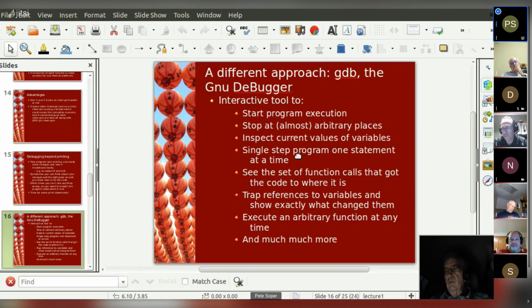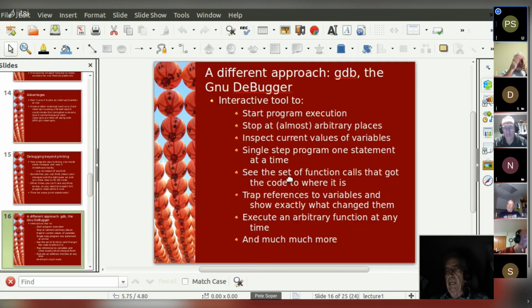You can also run the program a step at a time, a statement at a time. You can also step over a function call so that you don't step into the function call. You can also see where you came from.